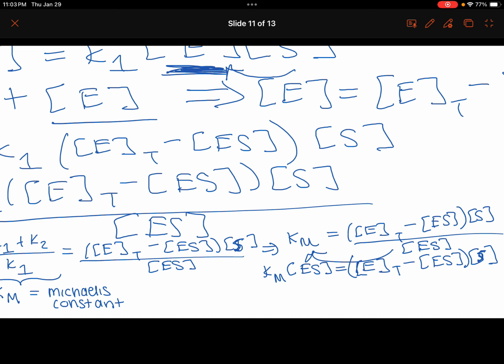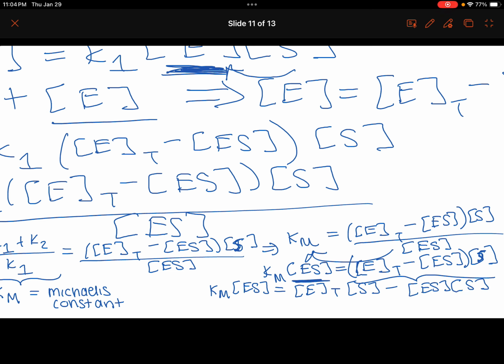And now we want to get this by itself. So the first thing we're going to do for that is distribute over here. So Km times enzyme substrate complex is equal to total enzyme concentration times substrate concentration